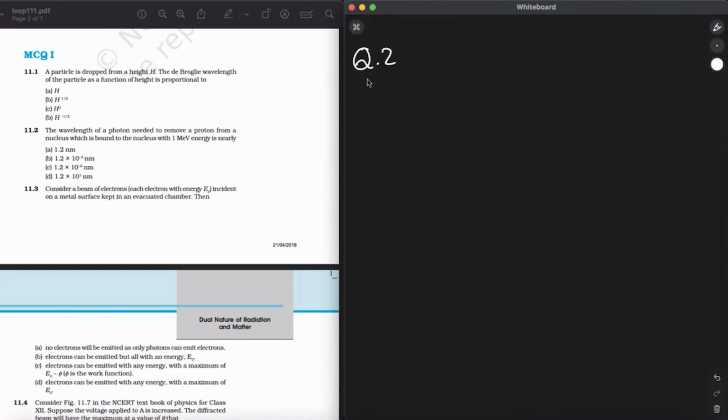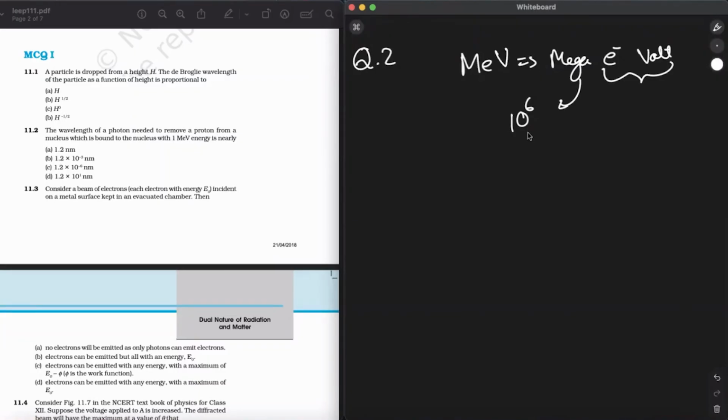The wavelength of a photon needed to remove a proton from a nucleus, which is bound to the nucleus with 1 mega electron volt. This is how you read it: mega electron volt. You know this part? Mega, it is 10 raised to the power of 6. So the key concept behind this is